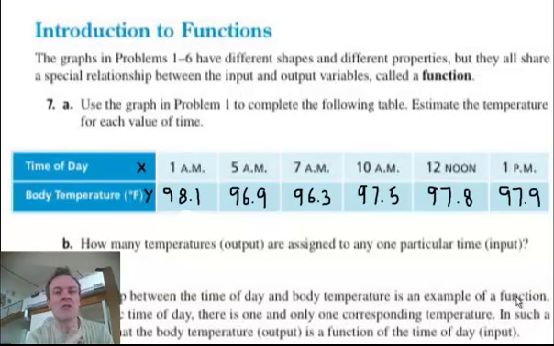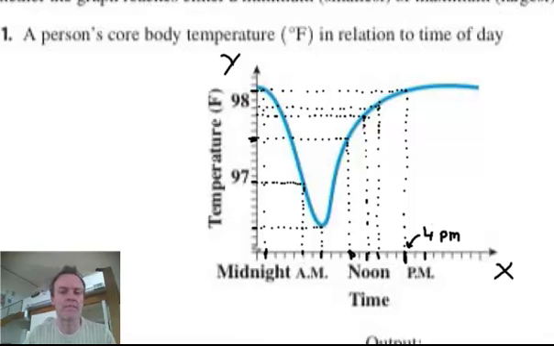Okay, introduction to functions. Right, let's have a look at this table. This table shows the time of day versus your body temperature. Now let's have a look at the graph this has come from, a previous video just earlier in the book. Look at that. A lot of marks on here, but what I'm trying to point out is,